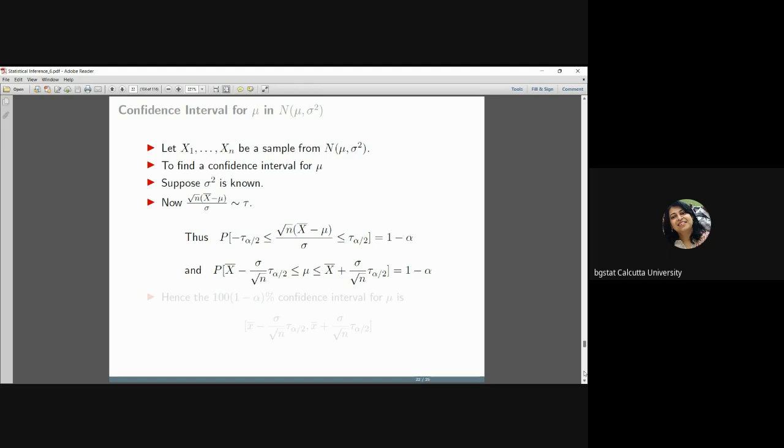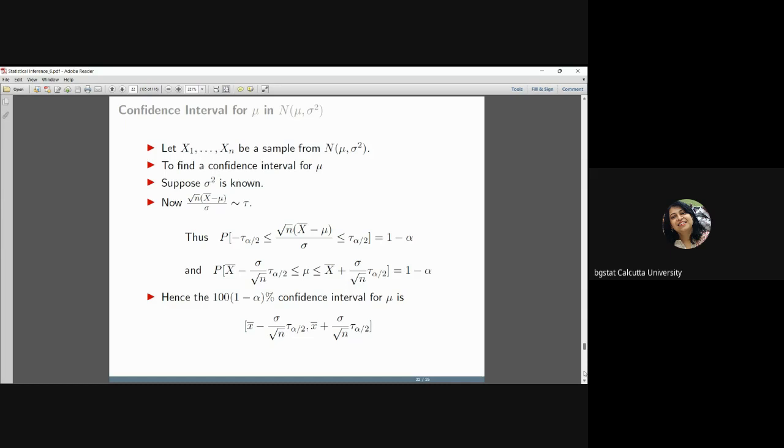Then I get the equivalent statement that the probability of mu lying between these two cutoffs, the lower cutoff is now x bar minus sigma by root n times tau alpha by 2. The upper cutoff is x bar plus sigma by root n tau alpha by 2. The probability of mu lying between these two random cutoffs is 1 minus alpha. So if you compare with the previous slide, it means that